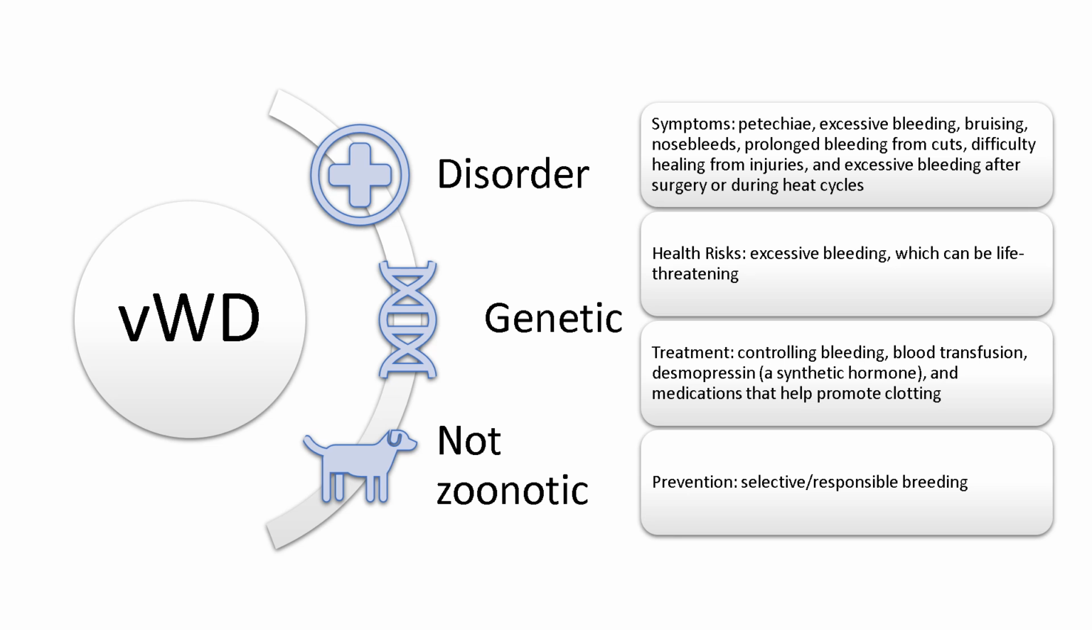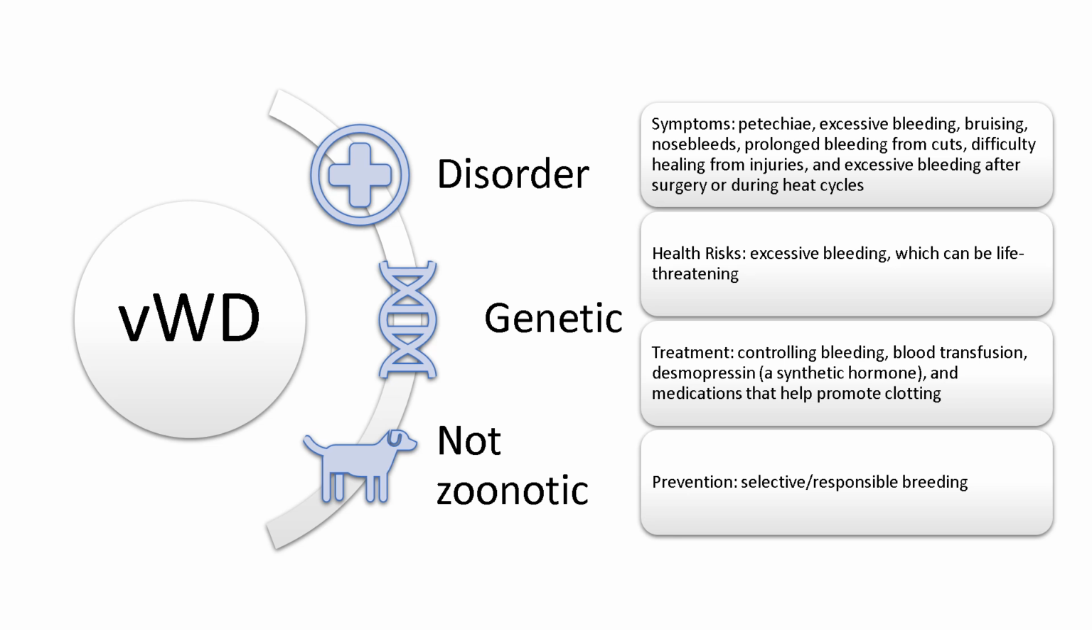Treatment often focuses on controlling bleeding episodes and may include blood transfusion, a synthetic hormone, and medications that help promote clotting. In severe cases, regular transfusions of plasma or platelets may be required. Dogs with von Willebrand's disease should avoid situations that might cause injury or excessive bleeding. In a salon, careful attention should be given to preventing cuts and bruising, and grooming should be gentle to avoid